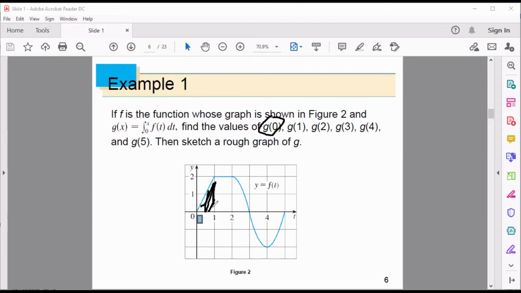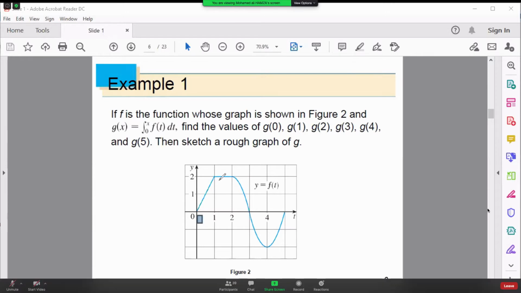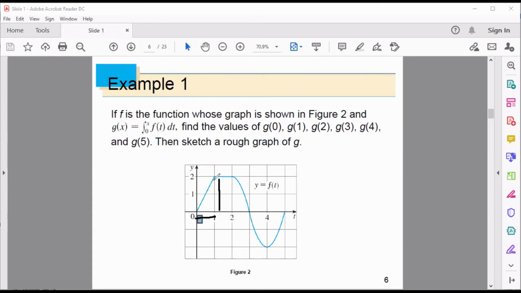Is it possible to evaluate this area? When we have a triangle, is it possible to evaluate it? Yes, the answer is the first side times the second side divided by 2, because this area is half of this rectangle. The area of the triangle is equal to half of this rectangle. Okay, the area of the rectangle is one side times the other, 2 times 1. However, the area of the triangle is half of this. That's why